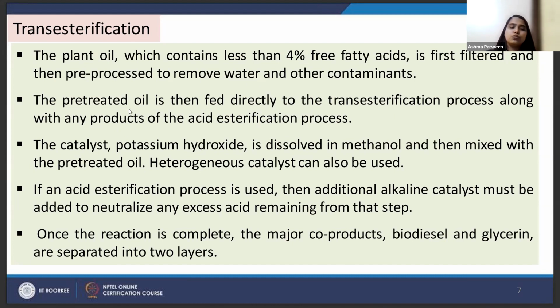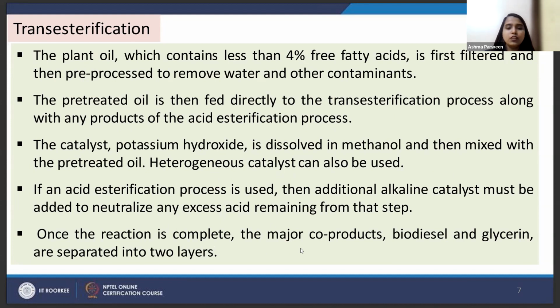So the catalyst used here is KOH. It is dissolved in methanol and then mixed with the pre-treated oil. And some heterogeneous catalyst can also be used in place of KOH. So if acid esterification process is used, then additional alkali catalyst must be used to neutralize any excess acid which may be remaining in the oil after acid